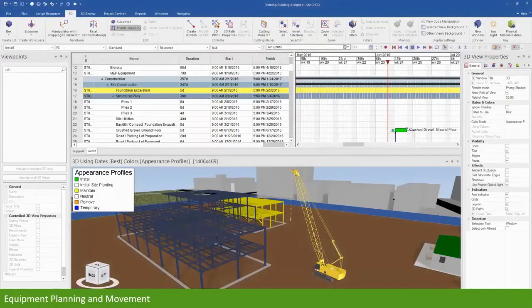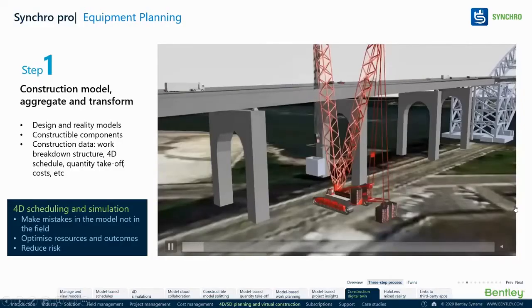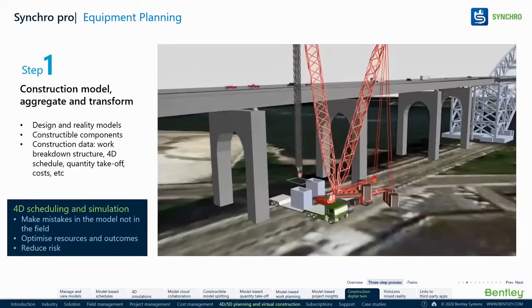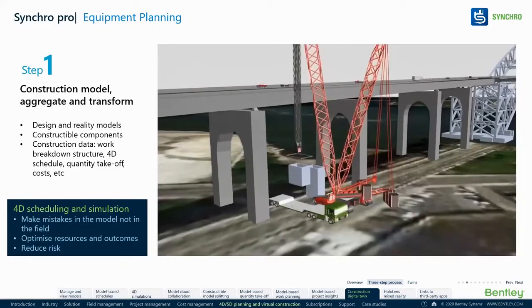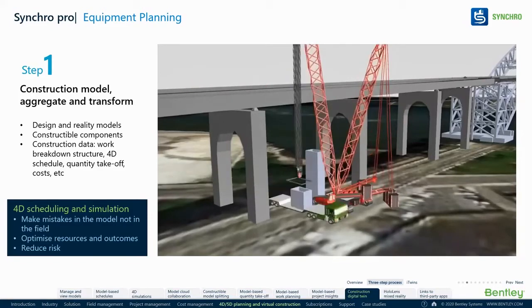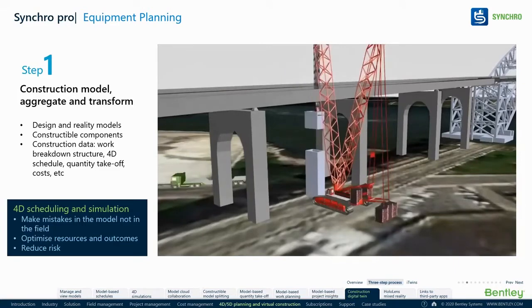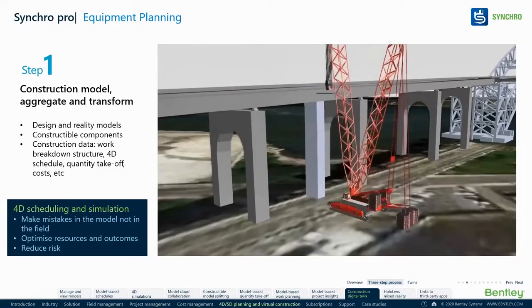Another part is a question somebody asked: is equipment planning and movement possible for health and safety purposes? Definitely it's possible. This is a project we did for one of our clients, I am not naming it. You can see how, for a project, you can move equipment, an excavator or truck, and use your cranes or any other systems, so that you can see the frontage and whether the right of way for that equipment is possible or not.